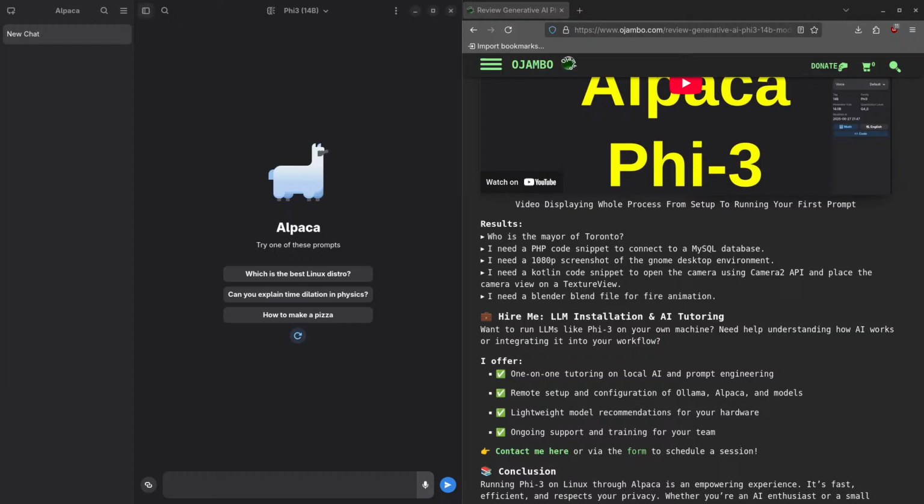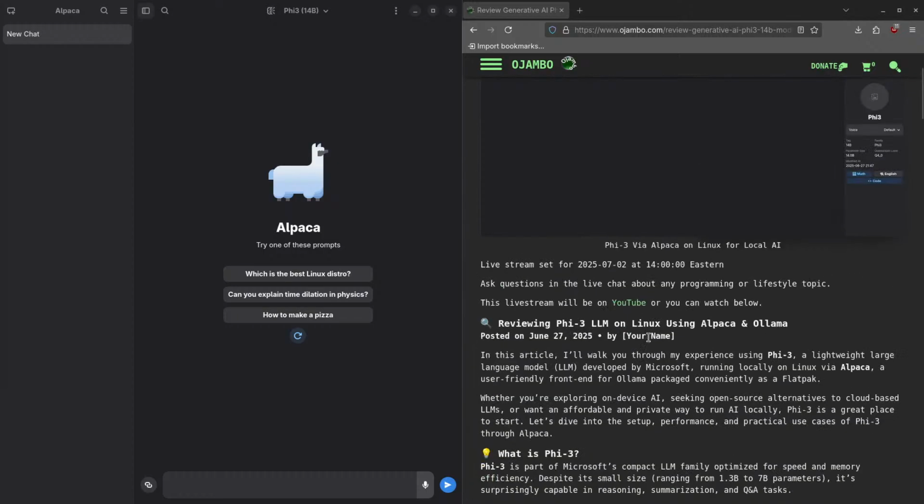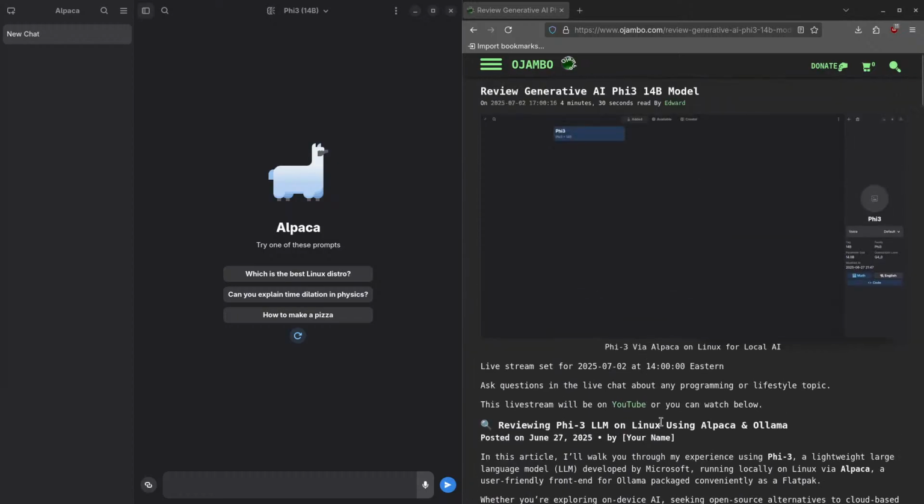So we're going to take a look at another AI model, and this one is called Phi3, and I decided to use the 14B